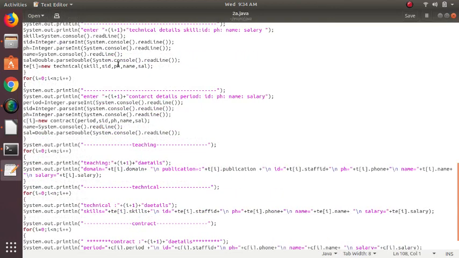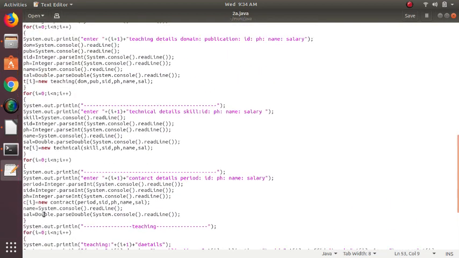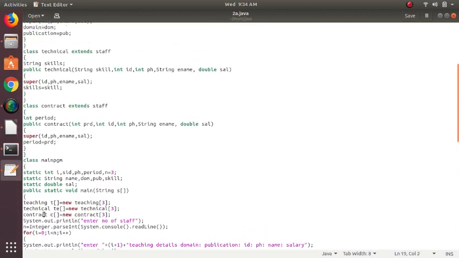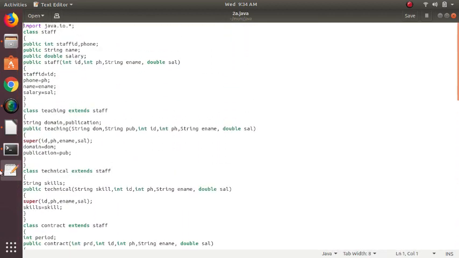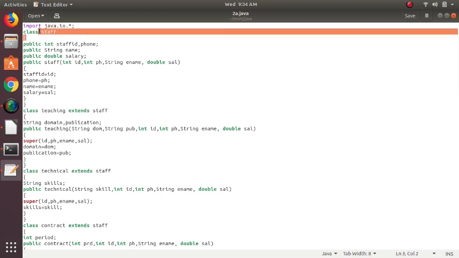So it contains mainly the for loops. The logic here is we need to create a main class, which is called staff, which is the main class here. So this is the staff class through which we'll inherit different other subclasses, maybe technical staff, teaching staff and contract staff. There are different types of subclasses we extend from the main class called staff.